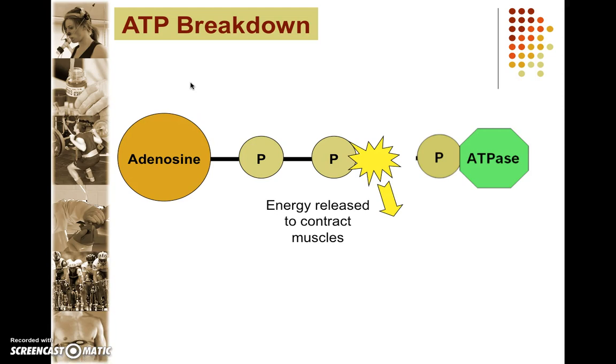So a muscle cell obviously has a small amount of ATP. As I've just said, it lasts about 3 seconds and it is used immediately. There's not enough for it to last any longer than those 3 seconds. So to replenish ATP levels quickly, we use the ATP Pc system. So what happens is